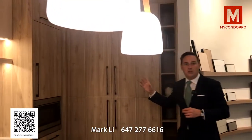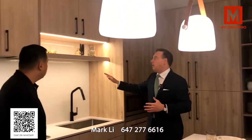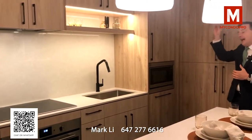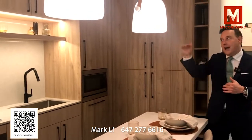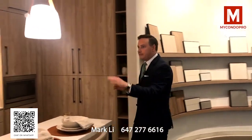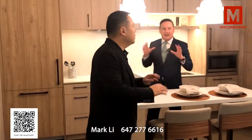Now again, if you're in a 400 square foot studio, this is very relevant because you need space. Of course, you need a storage space. If you're in a 3-bed, a larger suite, you've got beautiful upgrade options, and even if you want to go with a smaller suite, you can do this. You can run the whole background the whole way down, or ultimately you can put in this extra upgrade feature as well. Exactly. So a lot of efficient floor plans, but also very efficient floor plans, but again, the finishes